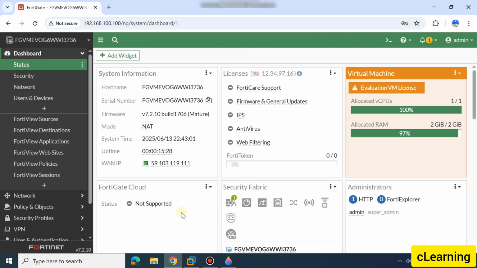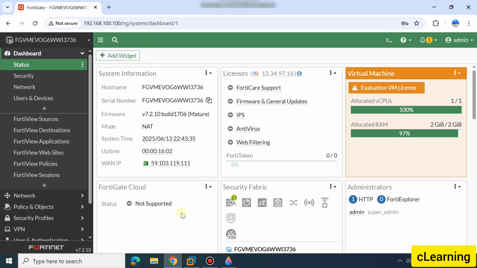In this video, we will learn how to create an IPsec tunnel on a FortiGate firewall. If you have a FortiGate firewall on both sides, meaning a site-to-site VPN IPsec tunnel between branch A and branch B, side A and side B, we will see how to create the IPsec tunnel. And we will also see in the very next video